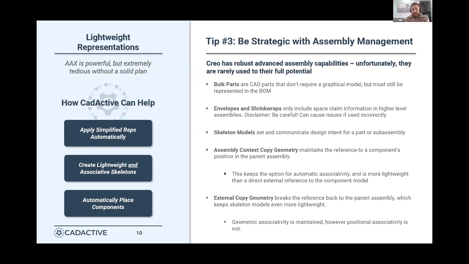So for larger models, CADactive's suggested best practice is to create a skeleton model of that higher level assembly and populate it with copy geometry for the more complex design tasks in relation to those higher level assemblies. So copy geometries, like I mentioned, are the references back to that parent assembly that live within the skeleton. And there's a couple different types, and Ben's going to talk about them. Yeah, so